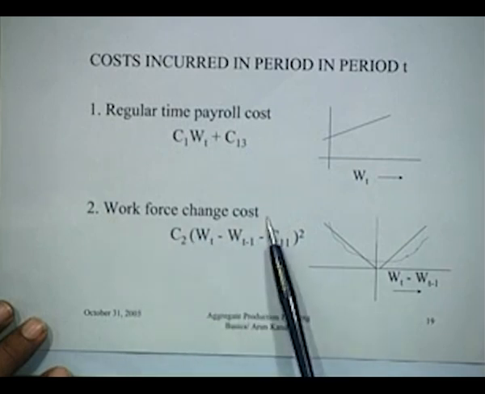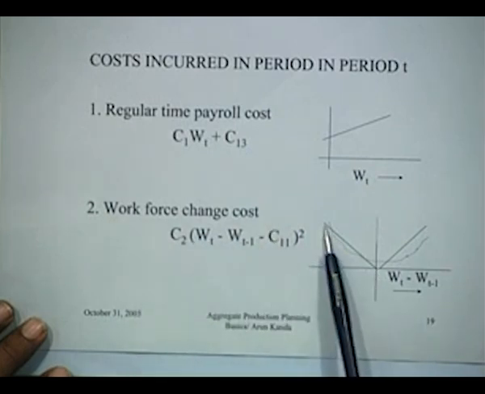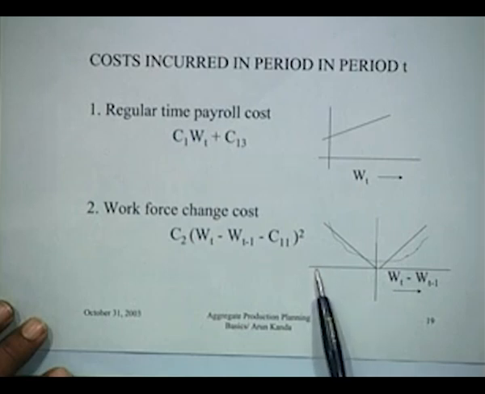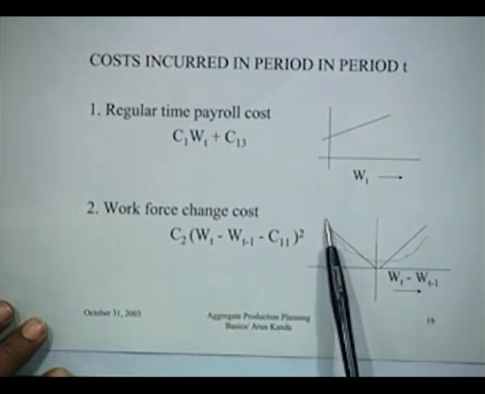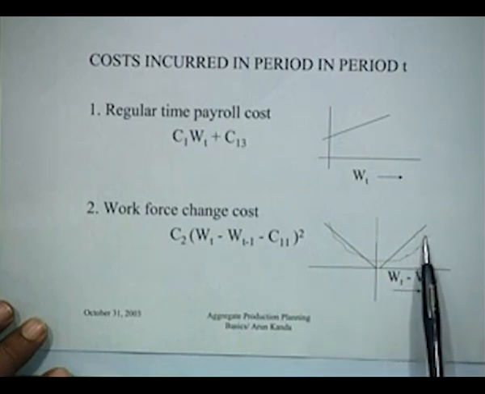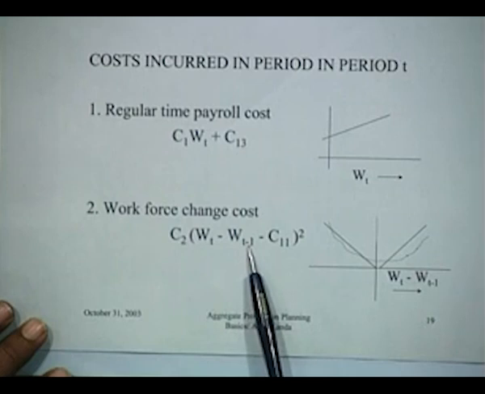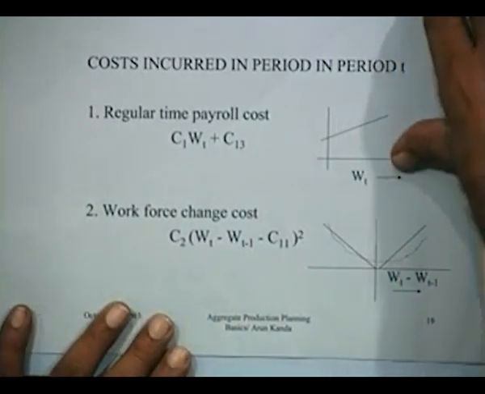Similarly, workforce change cost is something like this. This is for shortage and this is for holding inventory. So you have Wt minus Wt-1 as the increase or decrease in workforce. So this is the hiring cost, this is the firing cost. They approximate this function by this quadratic component, written as C2 times (Wt minus Wt-1 minus C11) whole square. So this is how they model the workforce change cost, convex costs. Then